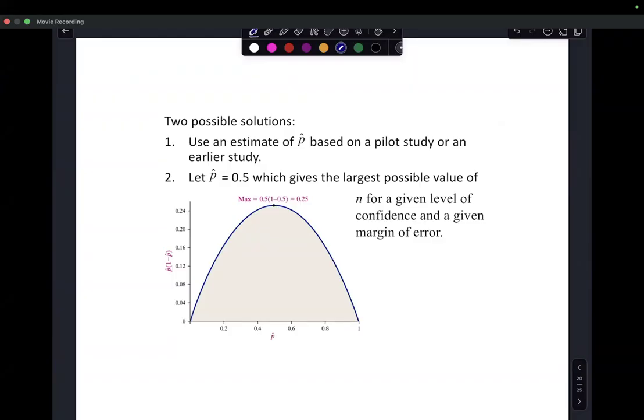If you don't have a previous study, you're going to use 0.5 as the p hat. 0.5 will give you the most extreme possible sample size. So it's going to give you the biggest possible value for this. You don't want to use 0.5 unless you have to. You're going to see in a minute. We're going to do examples. You're going to see what it looks like with 0.5 and with a previous study. So let's take a look.